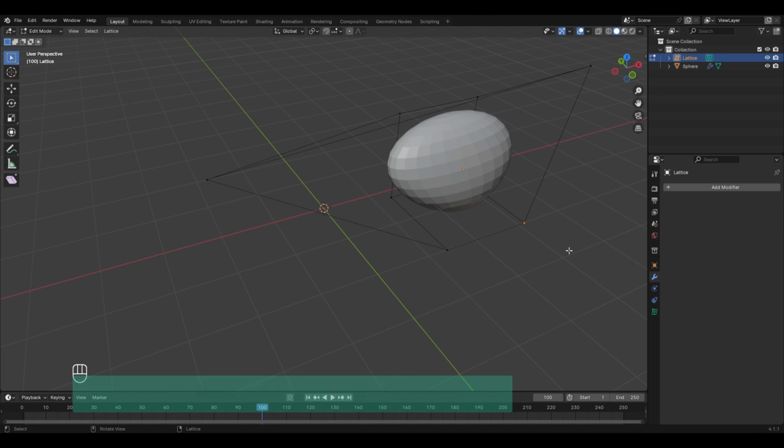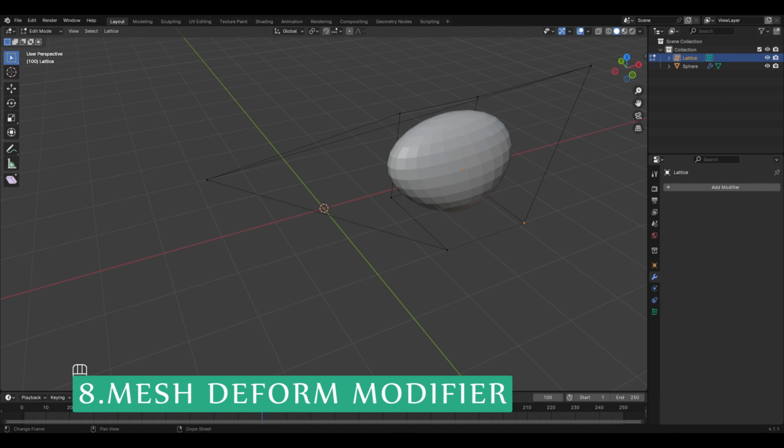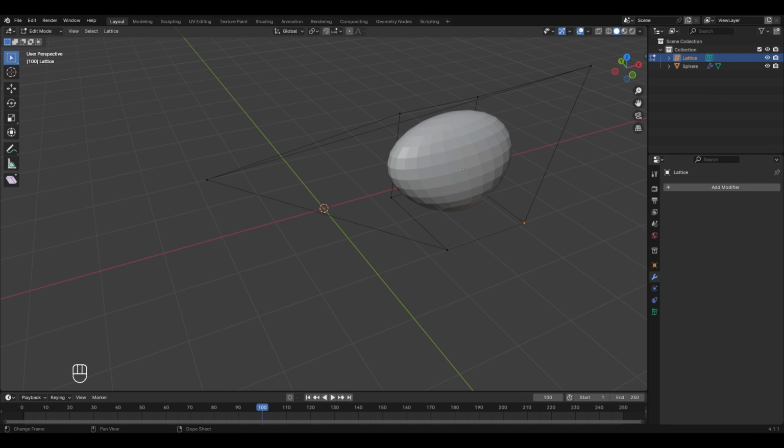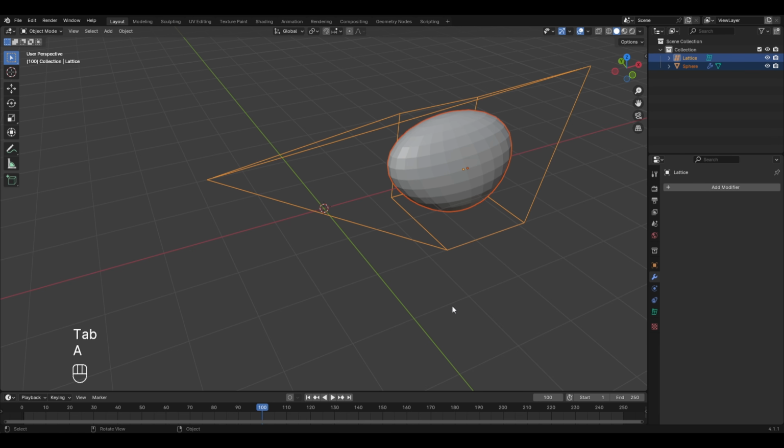And the next modifier on our list is the mesh deform modifier. So the mesh deform modifier deforms your mesh with a cage mesh, and it is very similar to a lattice modifier, but instead of being restricted to the regular grid layout of a lattice, a cage can be modeled to fit around the mesh object being deformed. And to see what it really means, let's go to the object view and press A, and then X to